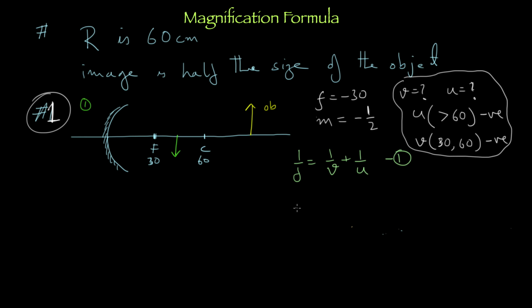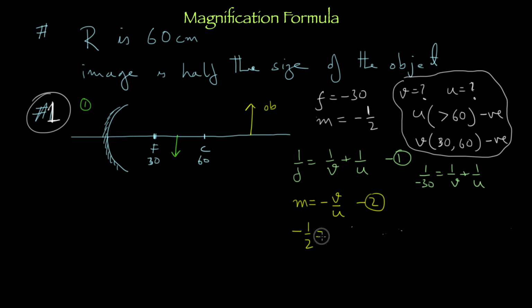And what's the equation number 2? M is equal to minus V by U. You'll put in the values. These two you have to use. That is the extra in this part. Everything is as earlier. So shall we start putting it now? Okay, we'll put the value in this green one. What do we get in the green one? 1 by minus 30 is equal to 1 by V plus 1 by U. That's it. Can't do any further. Okay, we'll go on to this yellow one. What do we get over here?